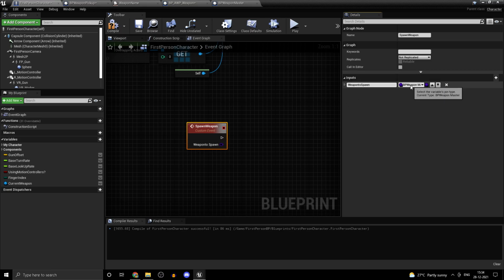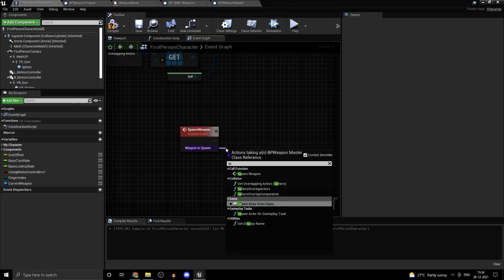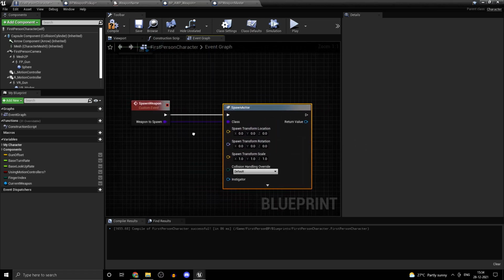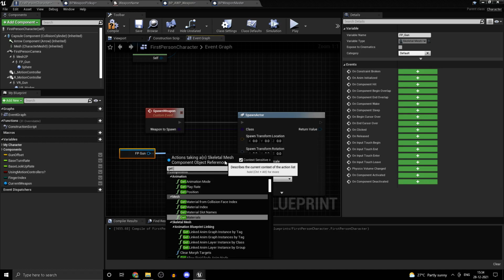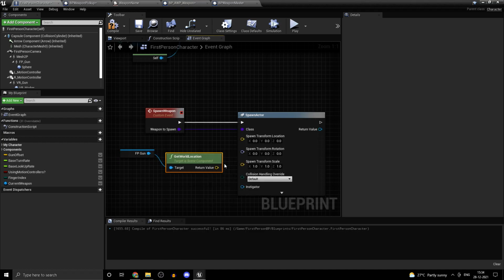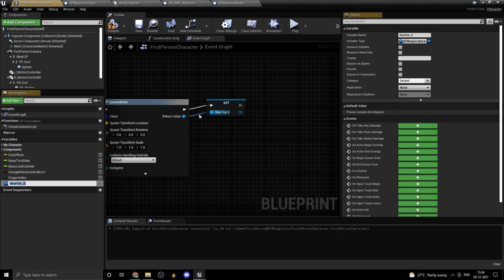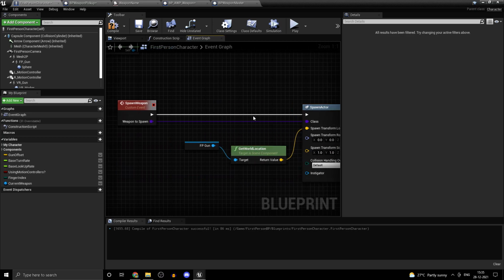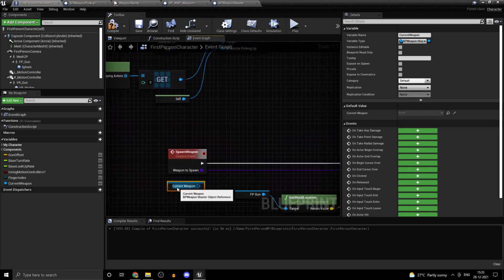Alright, just make sure you have the spacing correct. Now you could type in spawn actor from class and split the struct pin for the spawn transform. Let's take, say, the transform of the FP gun, so we'll get world location. I have promoted this to a variable, and let's call this current weapon. Current weapon will be storing the reference to whichever weapon your player has right now.